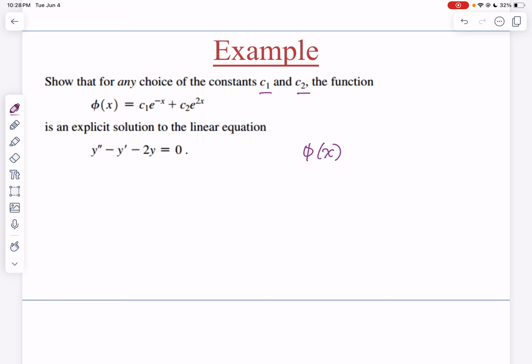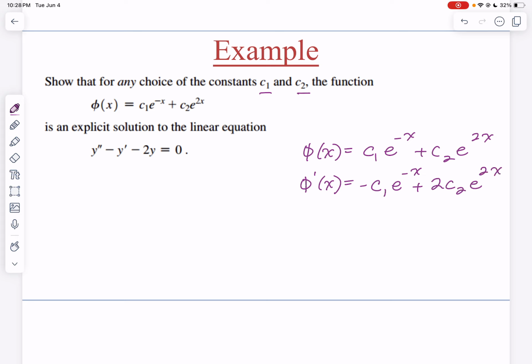So I'm going to rewrite phi of x. Okay, and so our first derivative is going to be negative c1 e to the negative x, and then we have plus